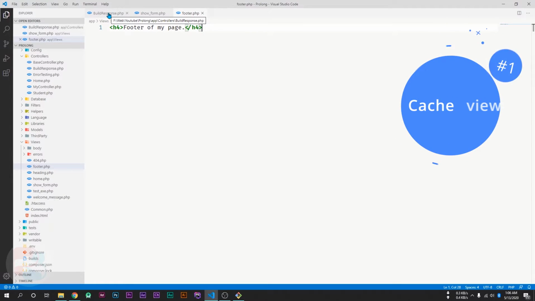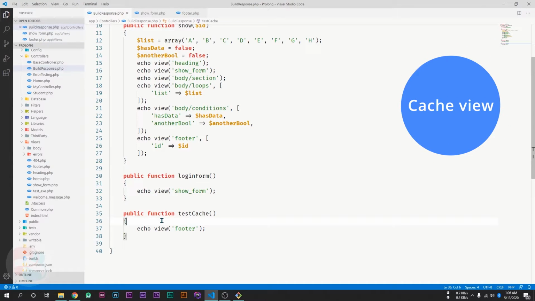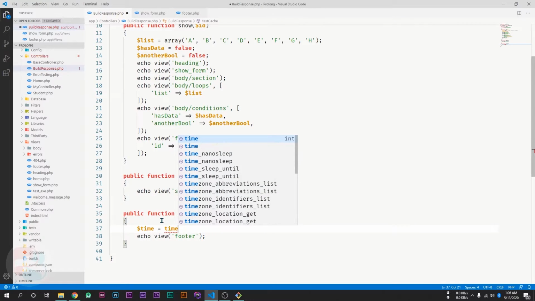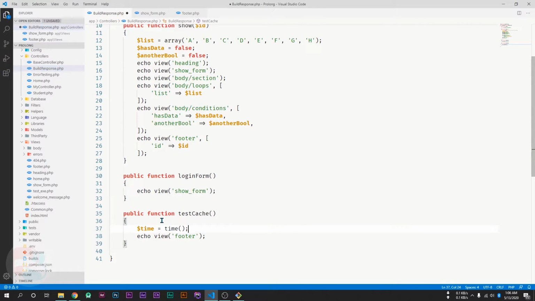To check the cache, let me print some dynamic data on my view. I'll display the current timestamp. There is a function named time, which will return the current time. Now pass this to our view.